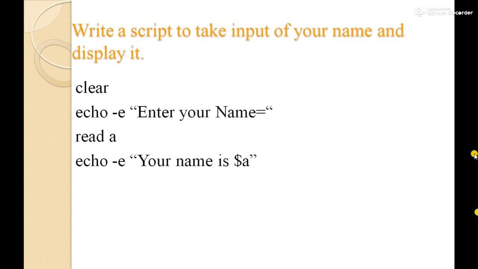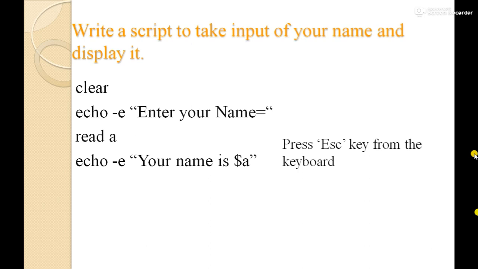Over here you can see for the variable we have used the dollar sign. So with the variable we use the dollar sign. That means that we have to display on the output the value which is stored into the variable a. So it will display the value at the output time with the help of the dollar sign. So now over here our script has completed.